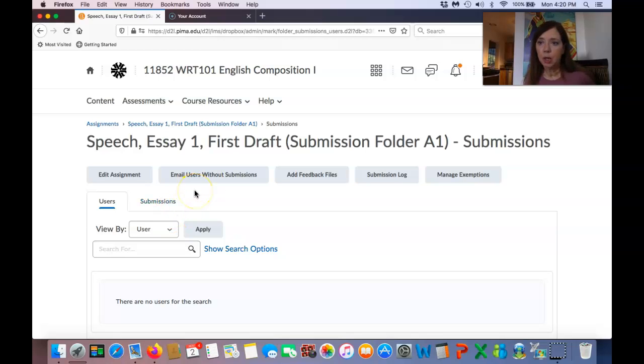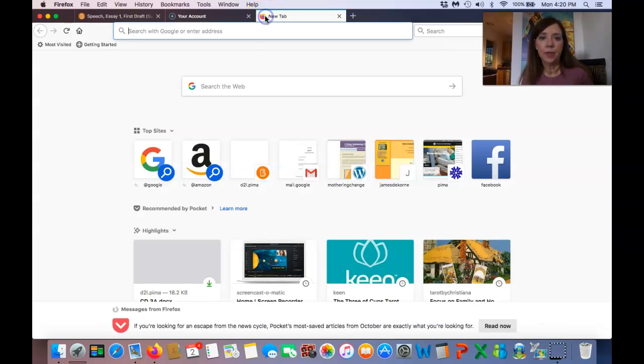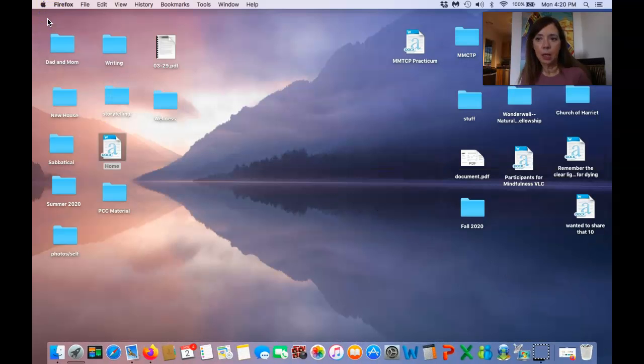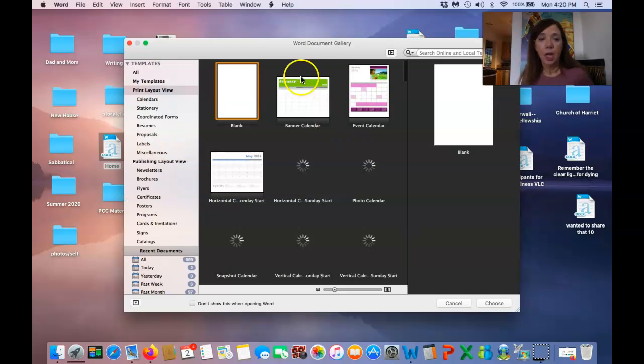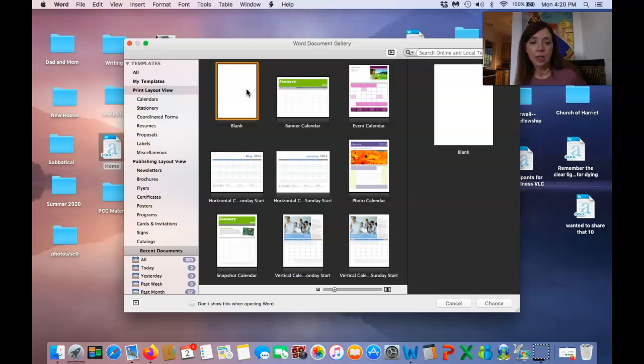Okay, so you've typed it as a Word document. Let's look a little bit at the formatting. So if I go onto my computer, I am using a Mac, but if I open up my word processing program, I have Microsoft Word for Mac, an old version, but still works. So if I open up my document